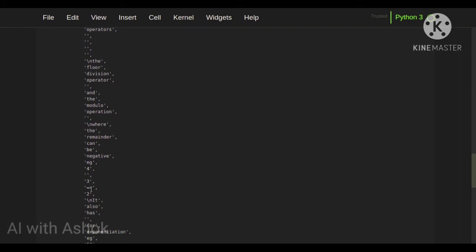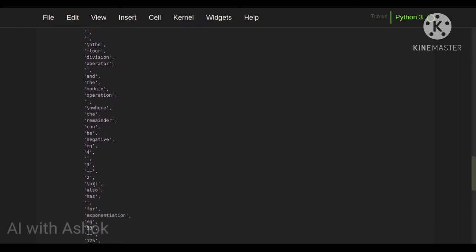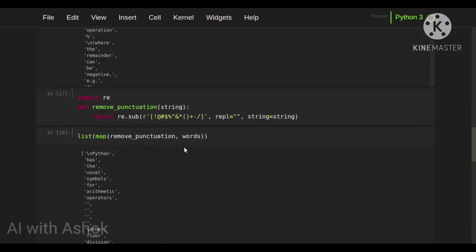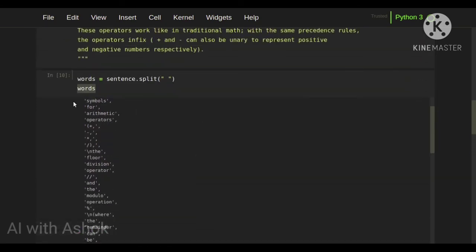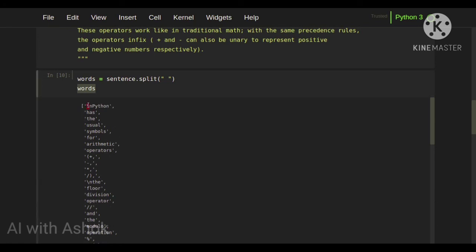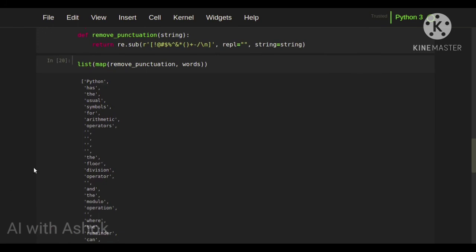If we want to remove the backslash also, we can remove that too. I will give it here also. See, before Python we had a new line character, but here we have removed that new line character.